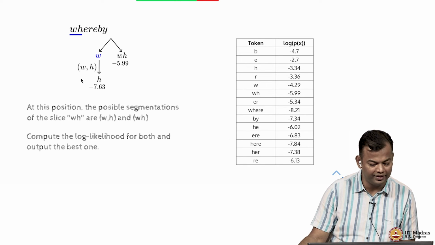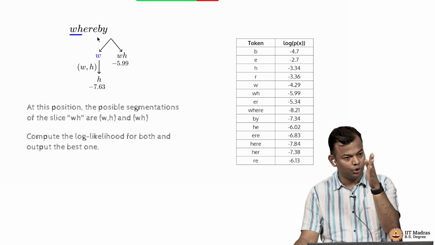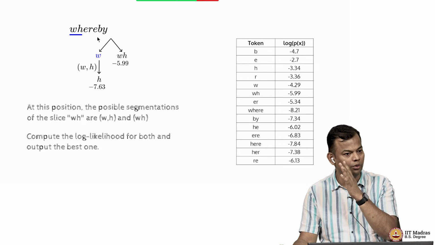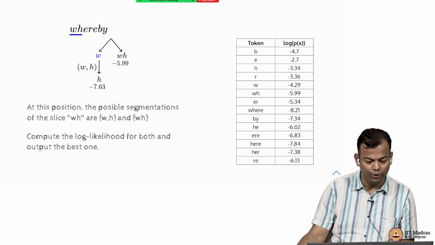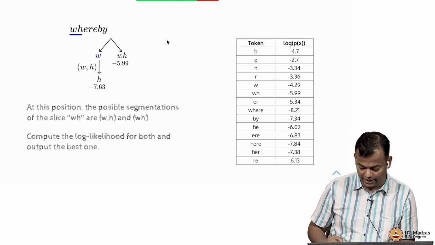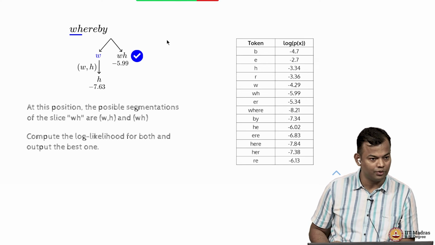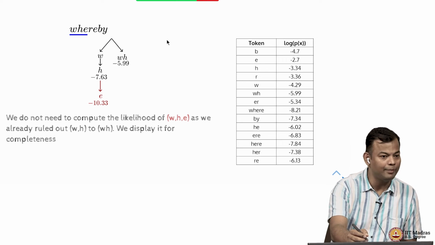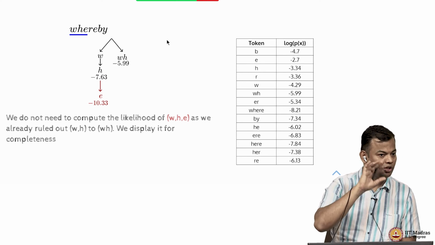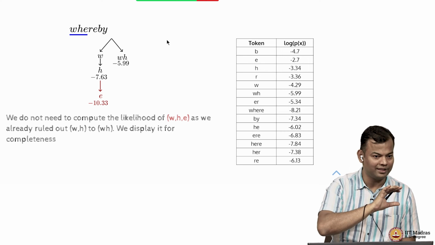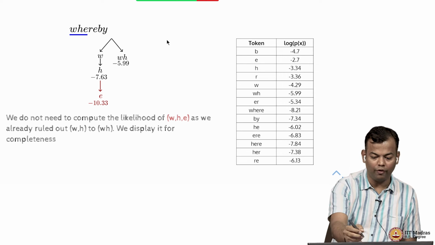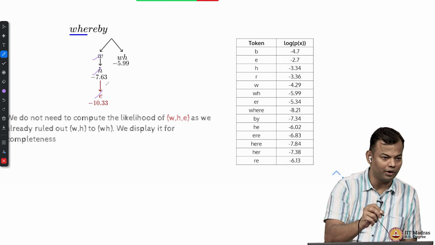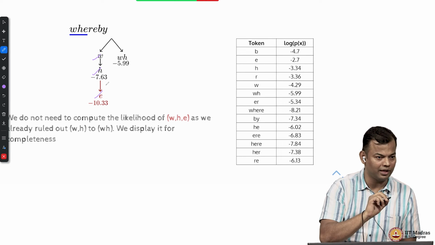So you have decided that up to sequence length 2, or the first 2 characters, the best segmentation is WH. So now you just need to continue that. Now what will you do? So WH is what you have selected. I'll come back to this. Whatever I'm showing in red is only for illustration. You would actually not do that. I already said that you will not go for the tokenization WHE because you have already ruled it out, but I'm just continuing that calculation for illustration.